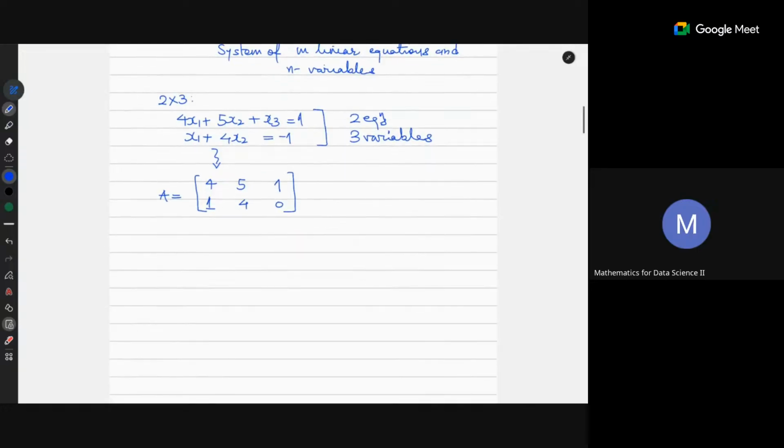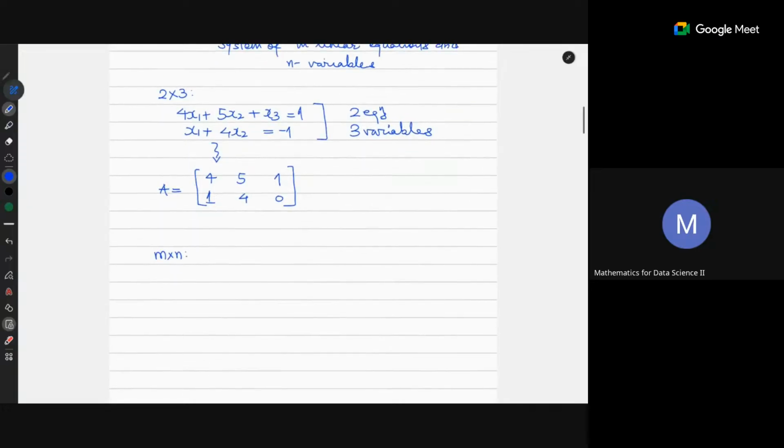In general, if you may have some m cross n matrix or n cross m system, so what does it mean? That there are m equations equal to b1,